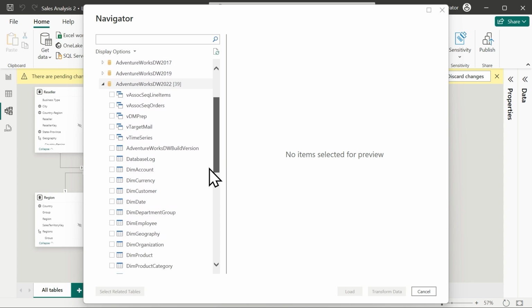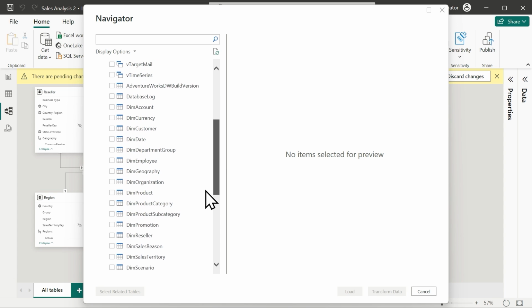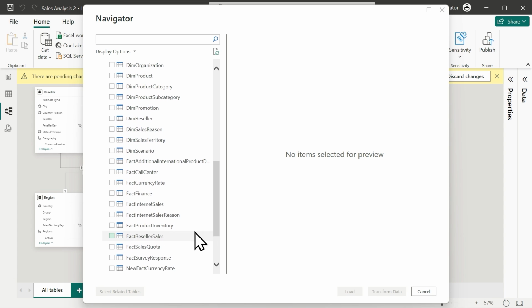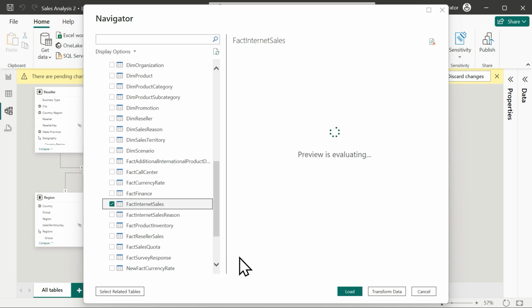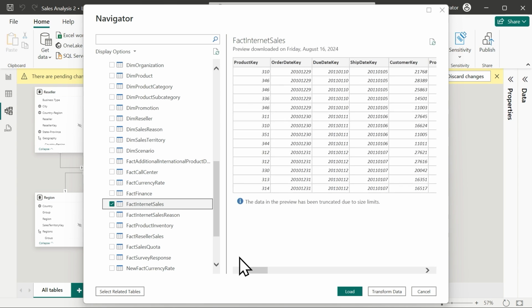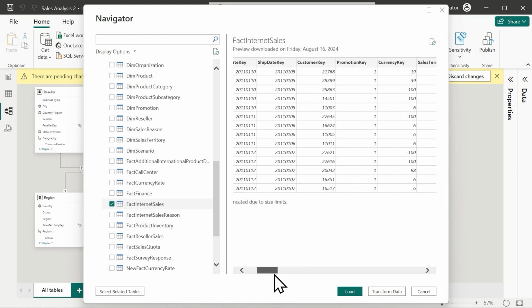What I'm going to do is select my Fact Internet Sales table. I want to pick a table that is a fact table. The fact table will have our numbers that we want to crunch. So we'll see fields in there that show numbers, and we can see part of the fields through here.